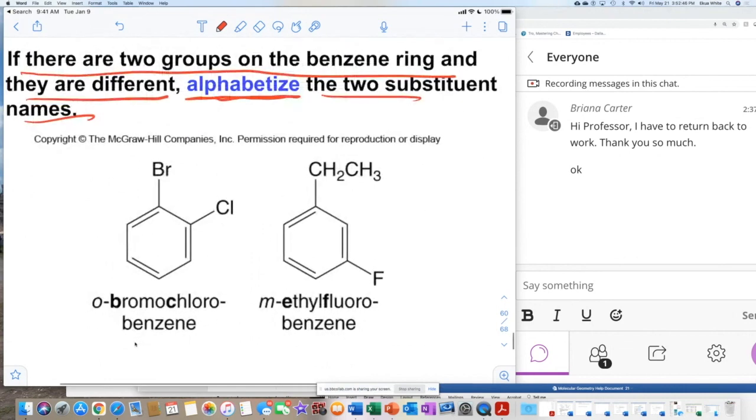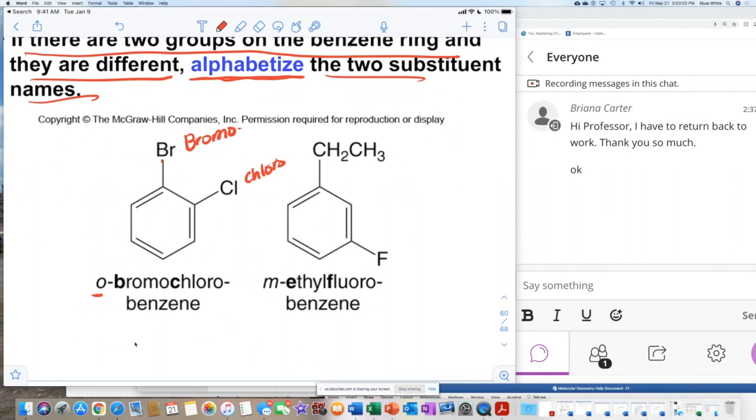So here, remember, chlorine is chloro, bromine is bromo. Okay? So here, you can give numbers, but they're not even using the numbers anymore. So we'll go straight for the letter. Now remember, ortho goes with 1, 2. So you could say 1, 2. But we're not even using the numbers. So what this is going to be is